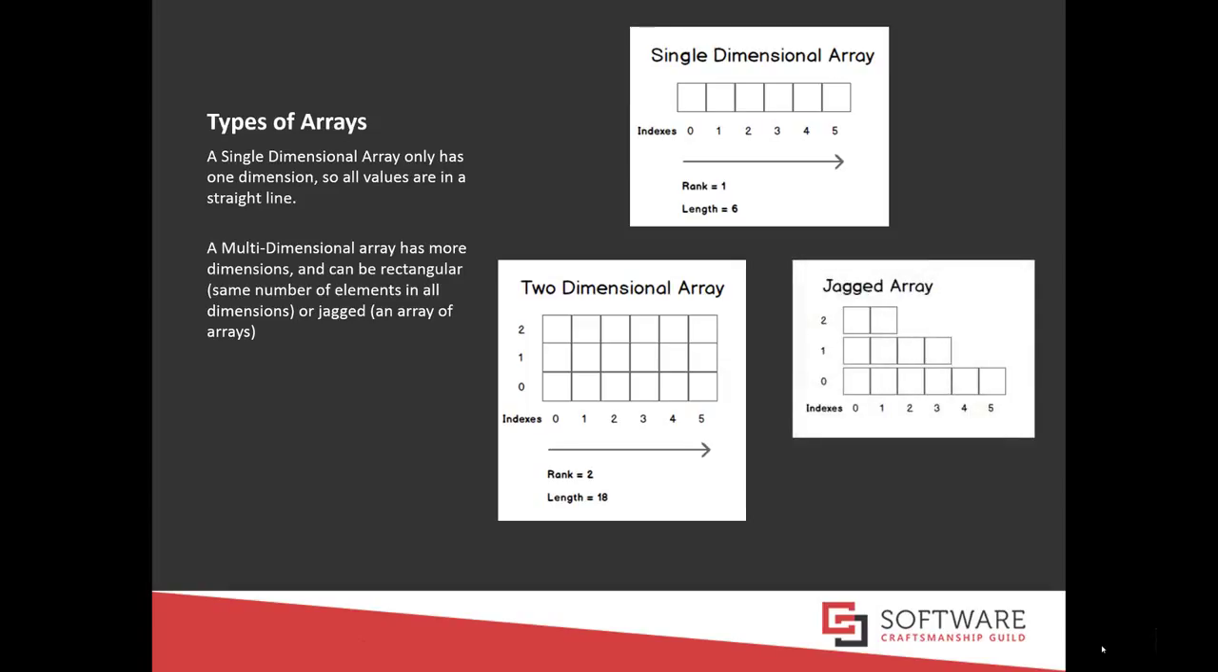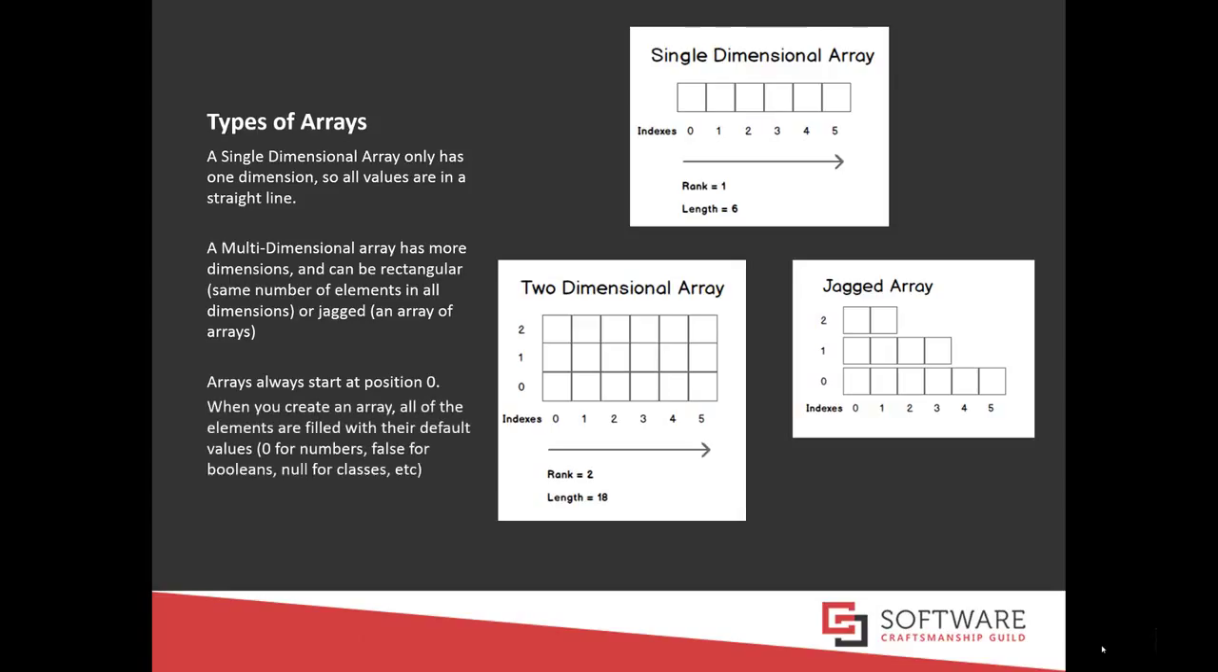A jagged array still has those indexes in dimensions, but in this case you see that the rows have a different number of elements in each direction. This is not a very common type of array in business programming, but a good example of when I might want to use a jagged array would be hotel rooms. Oftentimes in a hotel, you have a different number of rooms per floor, and the top floor is usually 1 or 2 penthouses. So take note, arrays always start at position 0,